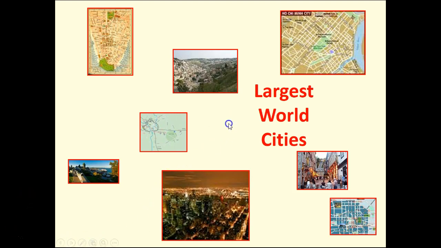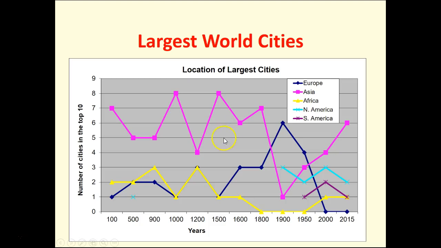And my earlier point of graphs being able to tell a story: if you look at this particular graph of where the largest cities in history were located, you can see Asia in purple has had the highest number. Then you see some places in the world like South America and North America didn't get into the mix until fairly recently. And again, Afro-Eurasia, this big portion of land that connects Africa, Europe, and Asia, had the most established networks and the most time to establish themselves, and that explains some of it.